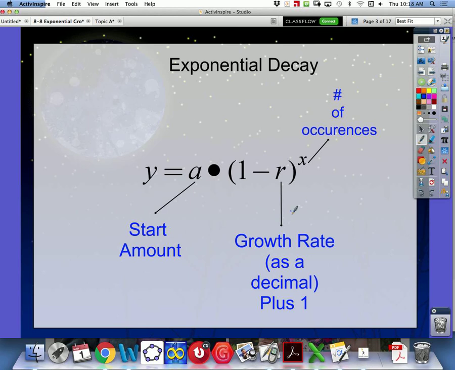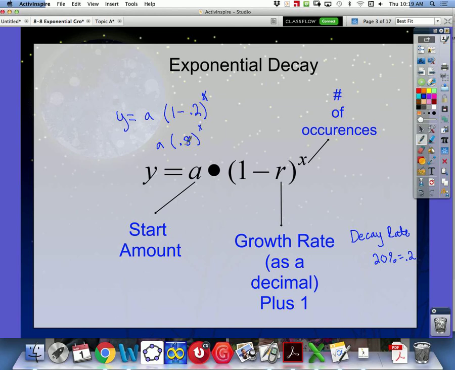In exponential decay, if you notice, instead of a plus, it's a minus. Now what's confusing is there's a growth rate and a decay rate. This equation is written in terms of growth. So what that means is if they tell you it's decaying by 20%, we turn that into our 0.2 again. But that means in our equation, it would be y equals a times (1 minus 0.2) to the x, meaning in the equation, it's actually going to be a 0.8,